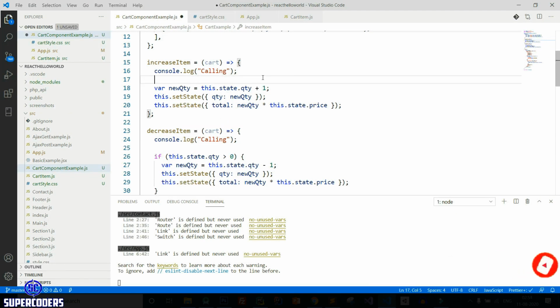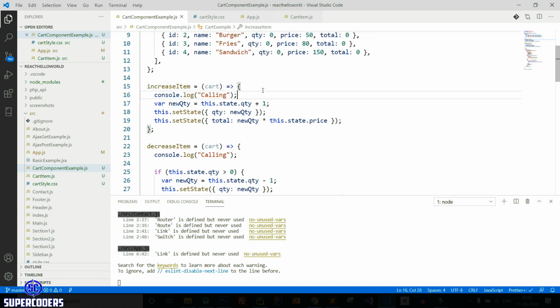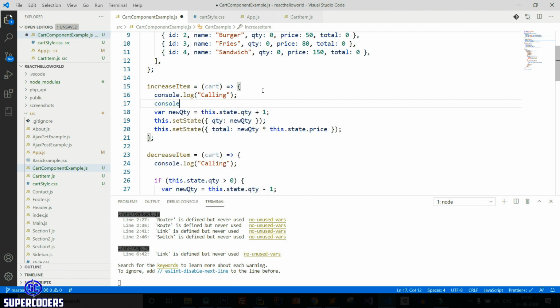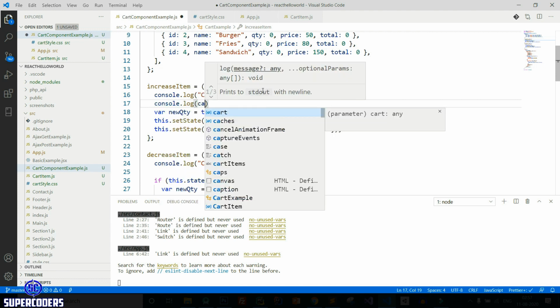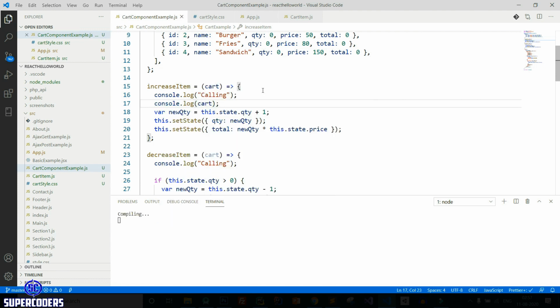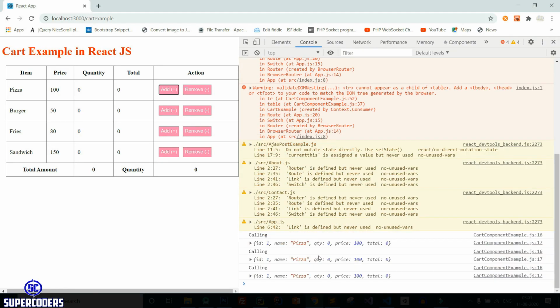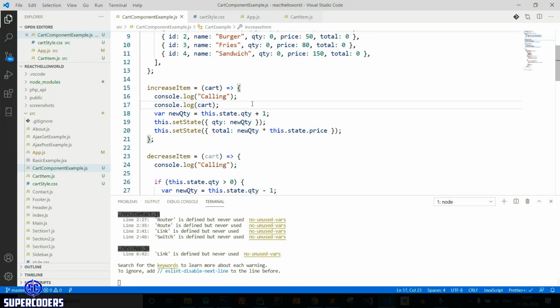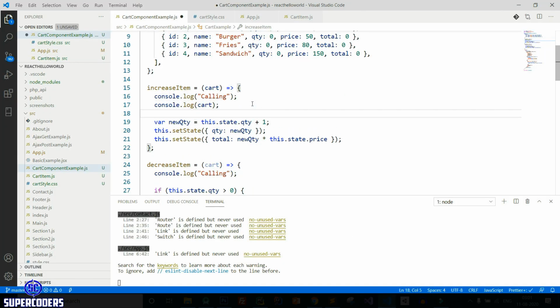But now let's increase these values. Now let's see how you can increase value of cart item. So first let's print this value. Console.log cart. Now let's see how we can update this quantity value using parent component. So come back here and here, comment this, also this, and also this.